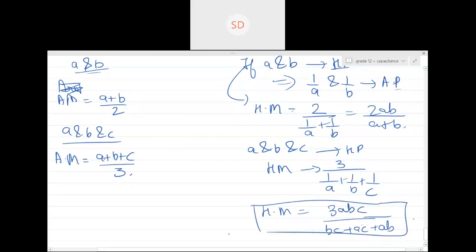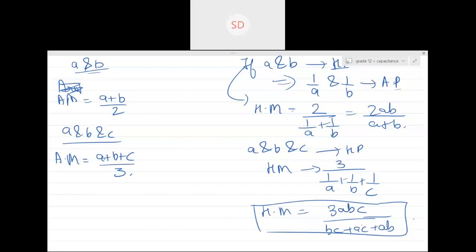Do you all remember this? This is what I assume people know. If you don't know this, write it down. This is the math part which I generally don't teach because I expect students to know, but I don't think HP is taught in 10th grade. So now you know what exactly harmonic progression is.